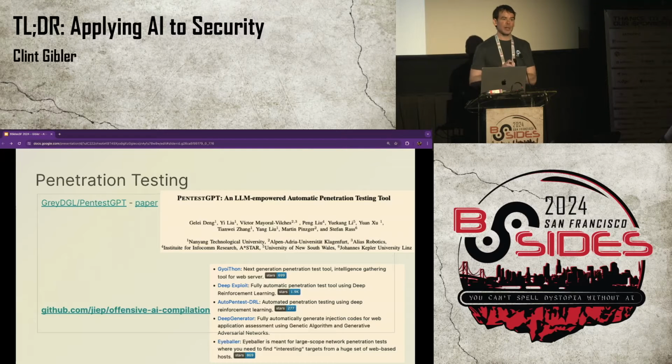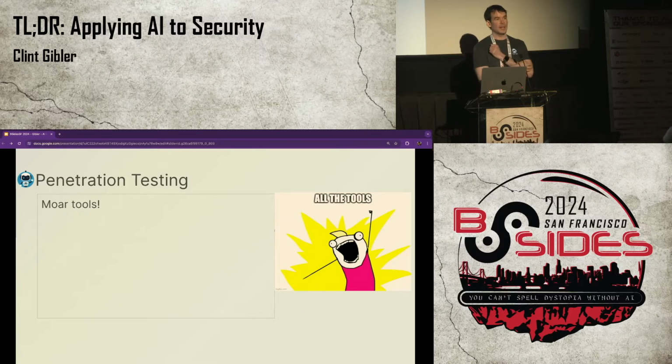So there's been a lot of work in this space. There was an academic paper that released their proof of concept code. There's also a GitHub repo that links another bunch of proof of concept tools. Okay, so how would I improve this? I think the things I've read have one or two tools, but we have lots of security tools, so why not give them access to more, like SQLmap, Burp,